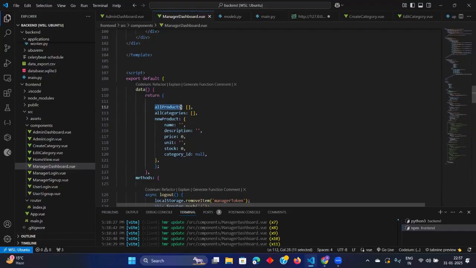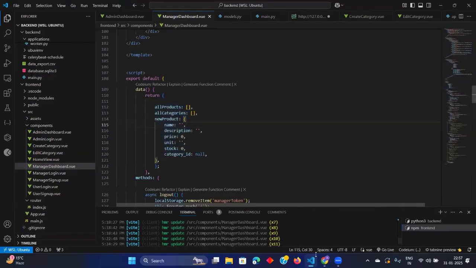Now, using these methods, we fetch the data, update the data, delete. Whatever we want to do, we do using these methods only. Initially, if we want to keep something for this value, we can keep whatever we want.